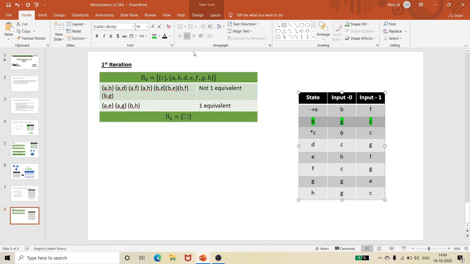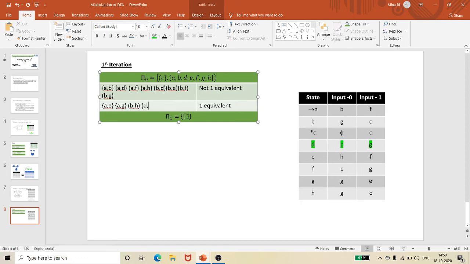Now let me remove this and check D with the other components. So here you can see that in D I have a single set. Only if a C comes, that becomes a single set. So D and F is equivalent. Other than that, none is equivalent.